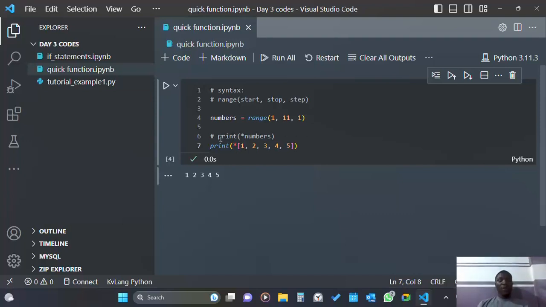I'm just explaining that asterisk. It's not peculiar to the range function, but it could be applied elsewhere. That's why I used it on the